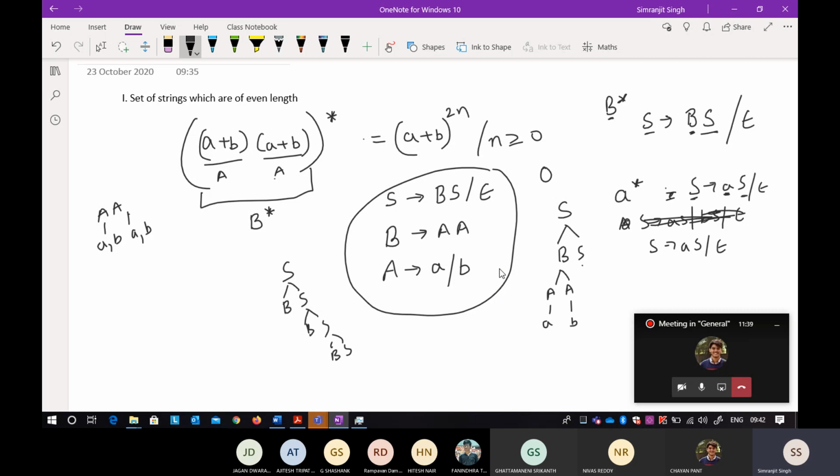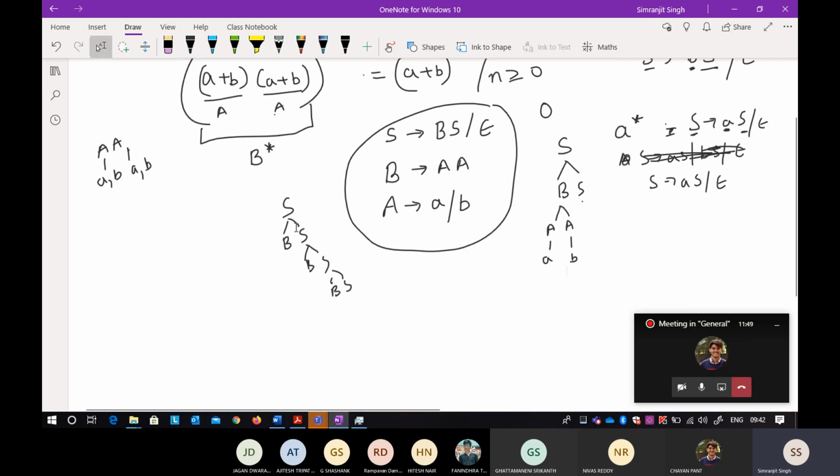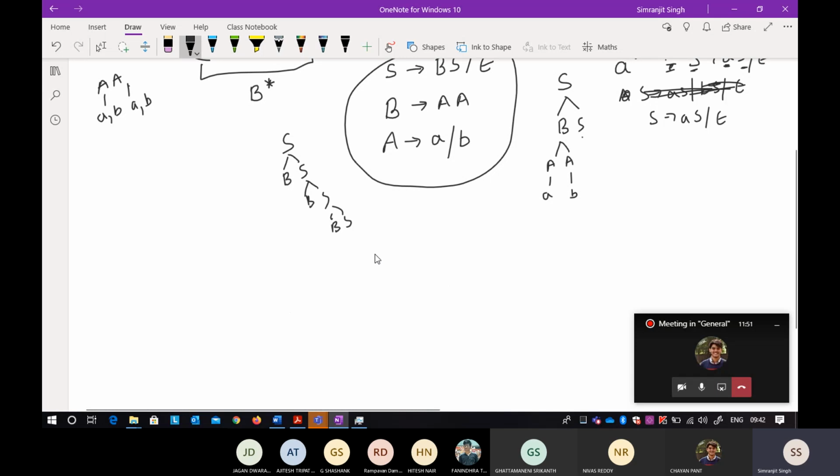Okay, so if you have derived it in any other way, just let me know. I also can see the screen. Okay, so I think Fanindra has derived it in another way. Just let me see. I think B tends to B, and then there is an epsilon. Yeah, absolutely correct. So it is written in just two steps. I have taken it to three steps. So what did Fanindra do? He took this B and substituted the value of B in this one. So you can also do that. Okay, there is no problem. This is also a correct one.